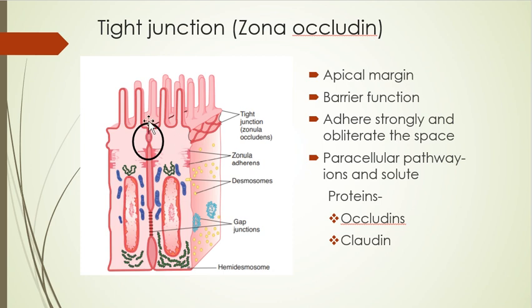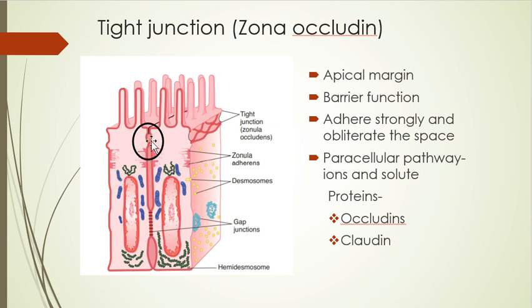But the second thing is, this is a cell, this is a cell. If a substance is transported through the cell, it's the transcellular route. But if a substance is transported between the two cells, that is called the paracellular route. You must have heard of the paracellular route. For example, in the renal tubule, calcium is transported by the paracellular route. The paracellular route is only possible through these tight junctions.